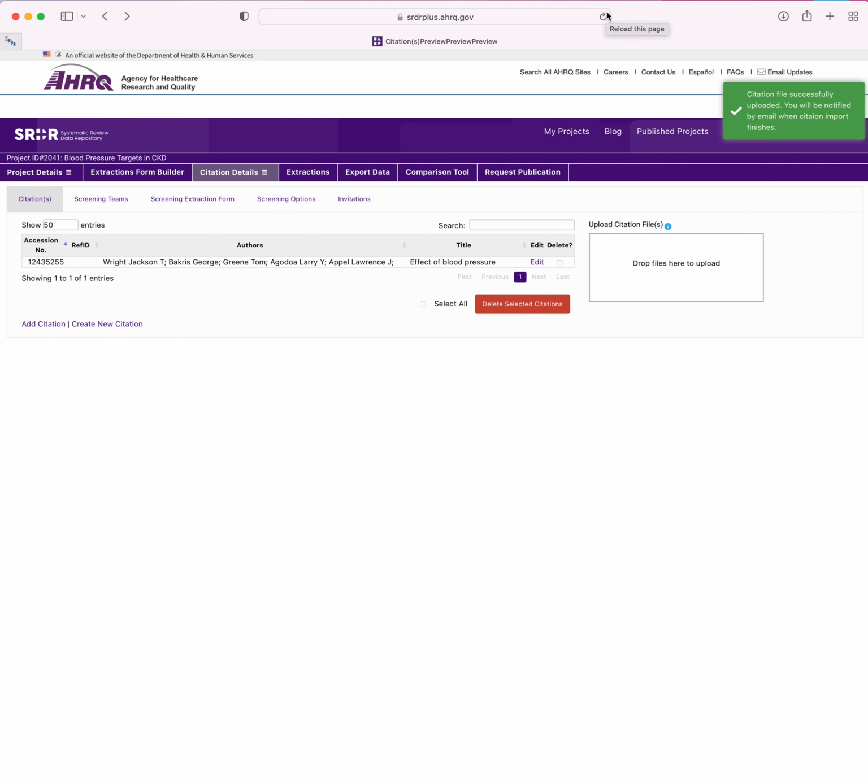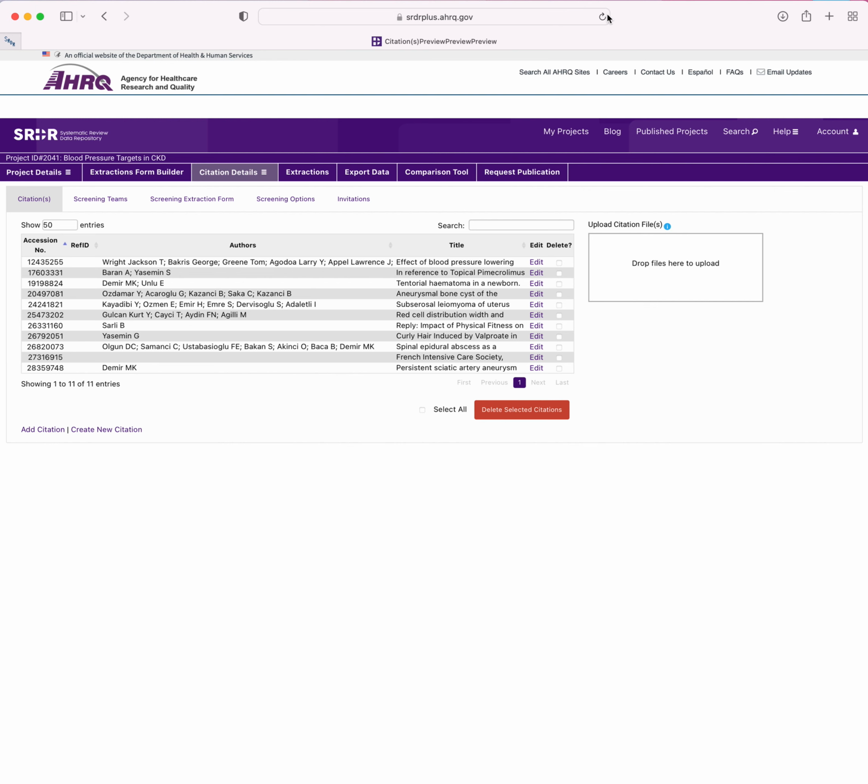As you can see, I have received a confirmation that the citation file successfully uploaded and that I will receive a notification via email, that is, to the email associated with my SRDR Plus user account, when the uploading has been completed. Since this was an upload of relatively few citations, it should happen quickly, so I will simply refresh the page. And we see that all the citations listed in the PubMed ID list text file now appear on my project citations page.